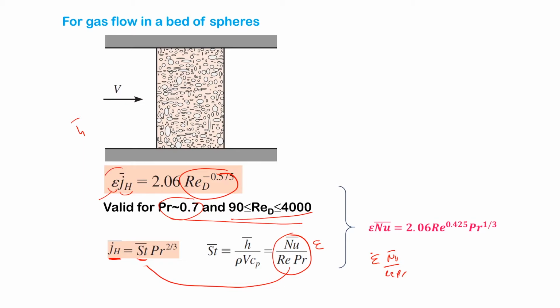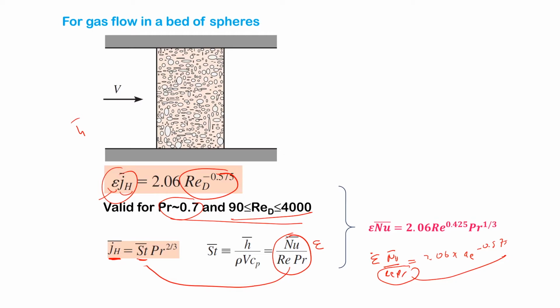Okay, so we are using this equation and the definition here, which is equal to 2.06 multiplied by Reynolds number to the 0.575. So if you move this equation to the right hand side, you'll have